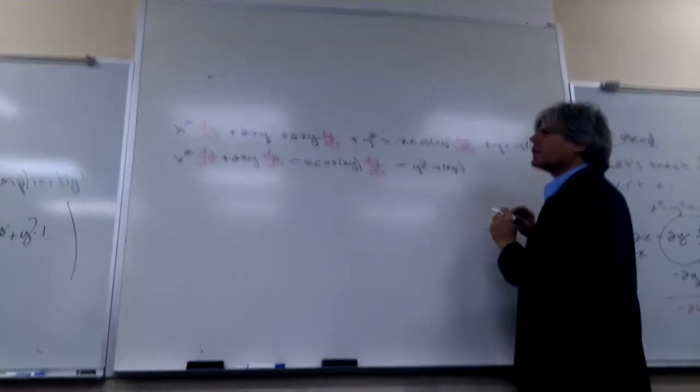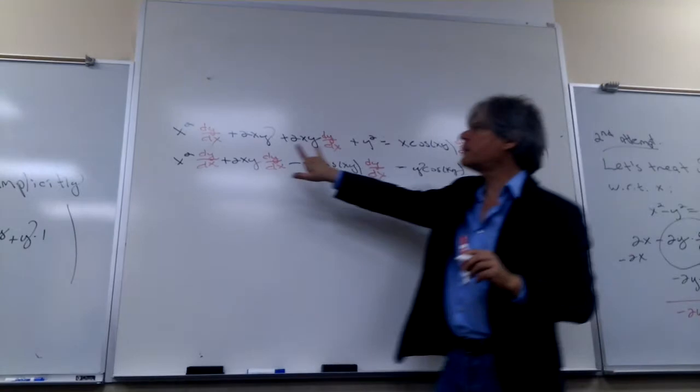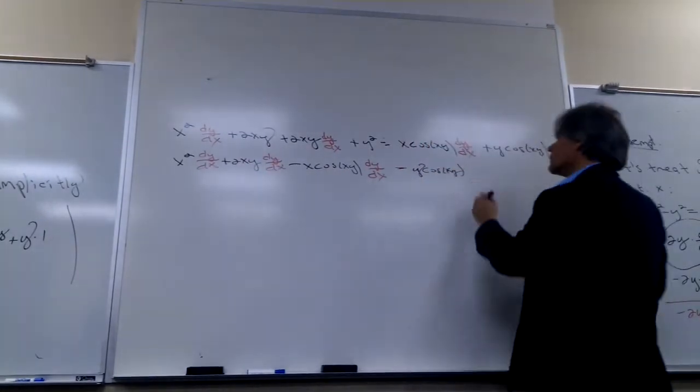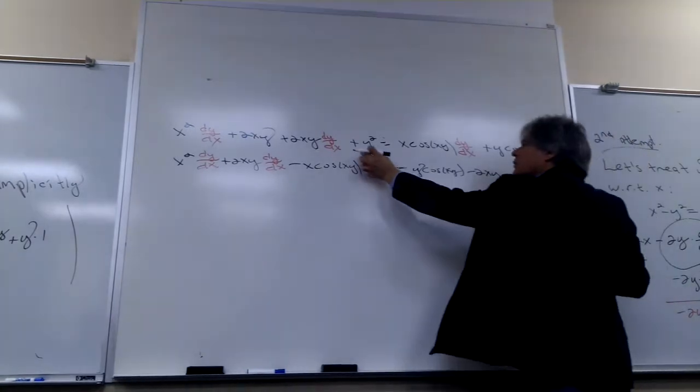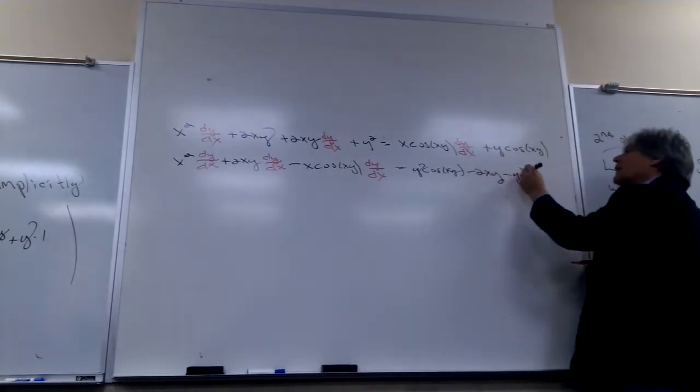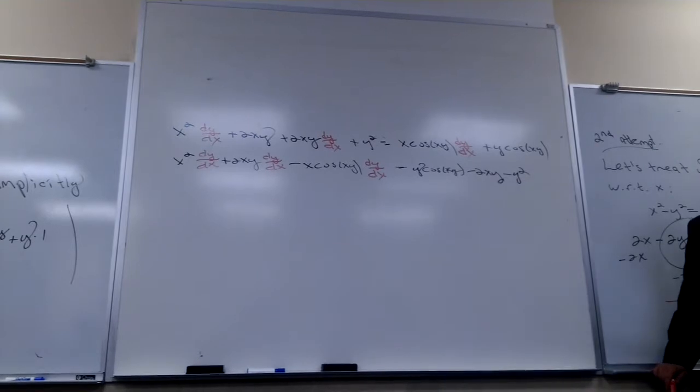Oh shoot, I missed a few things. I got an idea. Take this black term and subtract it from both sides. Oh shoot, there's another one. Take this black term and subtract it from both sides. At least now I got all the terms involved in the red thing to the left-hand side, everything else to